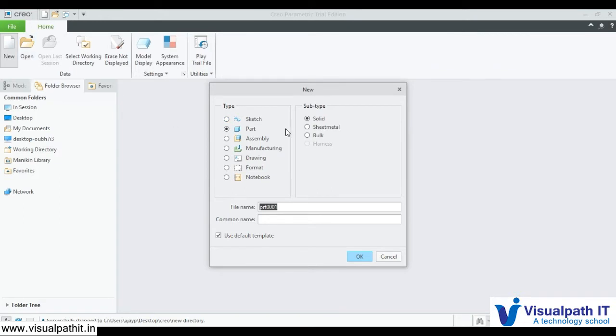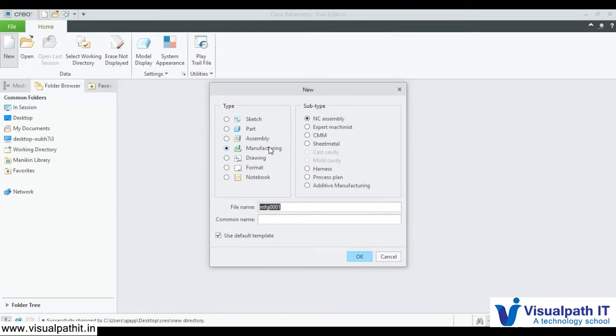And let us go to the new file. If you click to create a new file, it will show you different modules. One is sketcher, another is part. In part you have different modules like sheet metal, harness, and a normal solid part. If you go for assembly, there are MC models, ECAD, harness, and different models and modules depending on that.